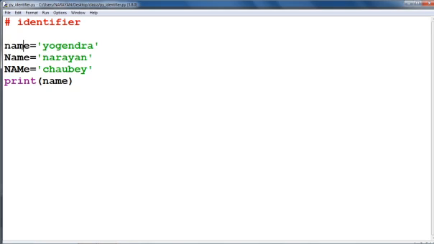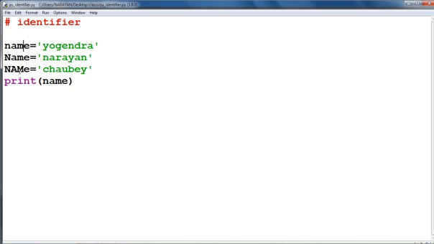Here name, first name, second name, third name, there are three variables using the same name, but the difference is between the case. Here all characters of name are small, here the first character is capital and here the first three characters are capital. That means these are all three different variables. This is a case sensitive programming language.